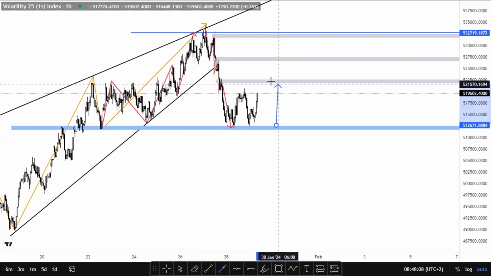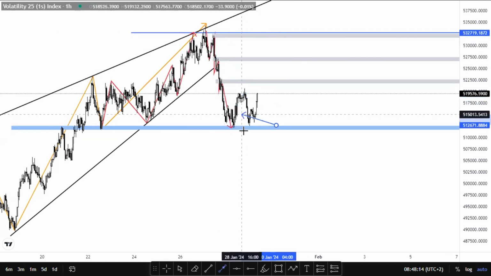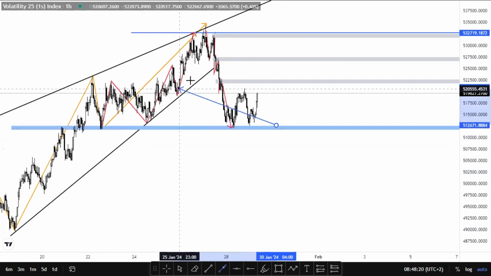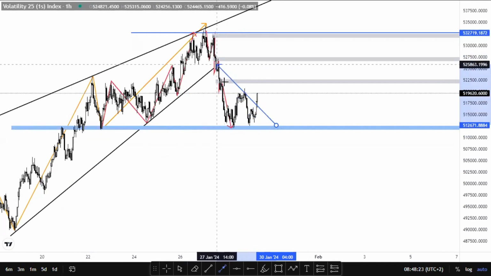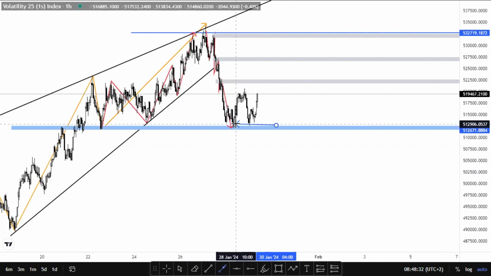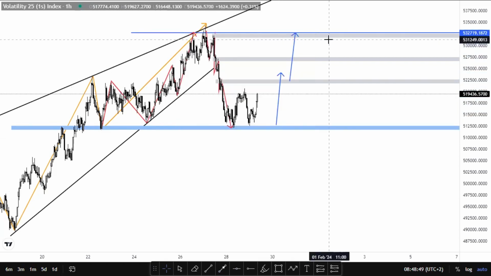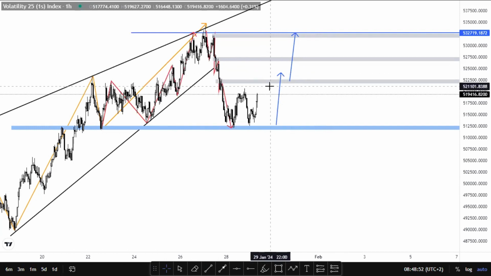The only way you have to use this is that remember, like I said, you have to identify what type of condition this structure is in. Is it in a continuation formation, in terms of matching up with this main structure, or is it in a pullback formation, right? So this one, the correct answer is the second one. Obviously, this is in a pullback formation. Meaning that in order to break this pullback formation here, we have to break above this one. If we break above here, then we could have some continuation to the upside here. Okay, that's if we break above this one. And then if not,